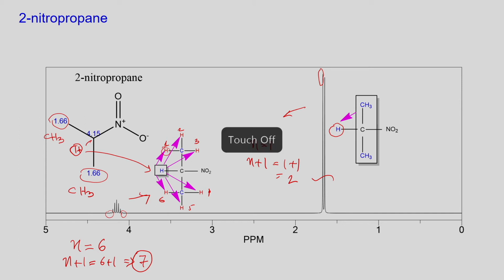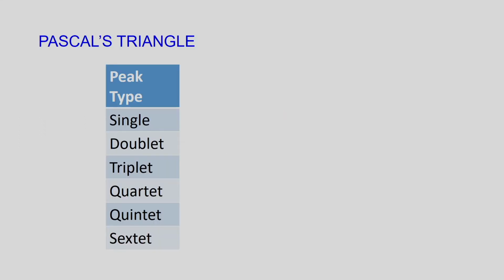So now we go ahead. That is why we see there is a pattern. Okay. What is the peak type? For example, if the peak type is single, obviously no neighboring atom is there, so the intensity will be 1. We call it a singlet. Doublet means the peaks will be split into equal portions, 1:1. So the singlet is 1, and the doublet is 1:1.